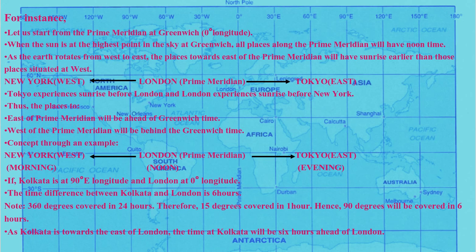This is all for today. We learned how to find out the location of a place and how to find out the time difference between two places. In the next module, we'll be dealing with local time. We'll try to learn how to find out the exact time. This time we have understood how to find the difference between the times. In the next module, we'll learn to find out the exact time.